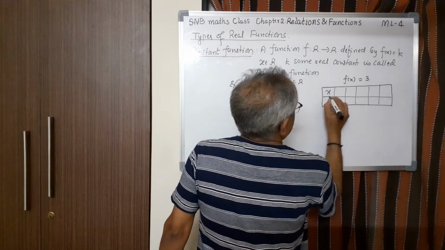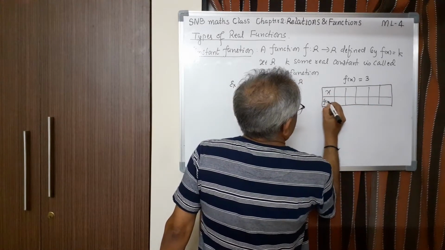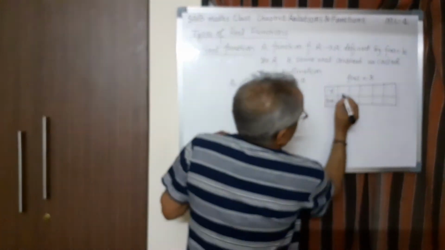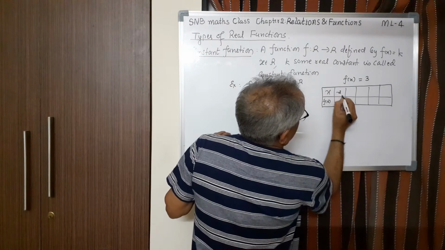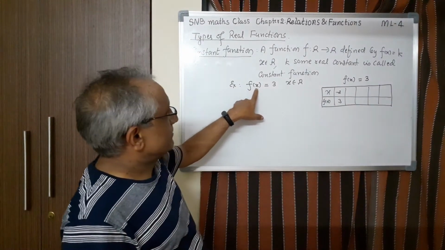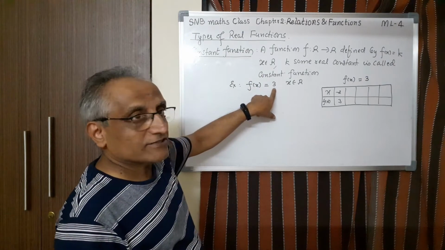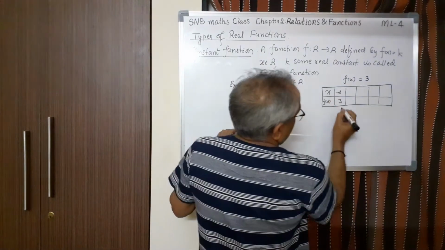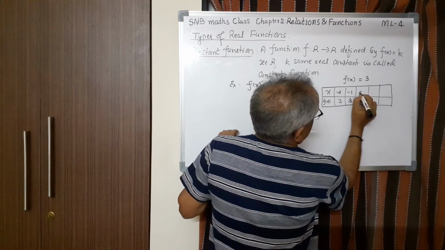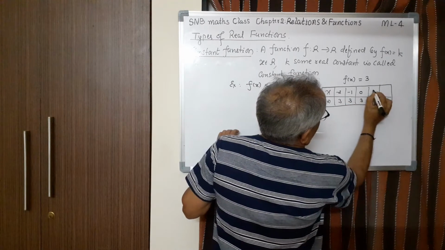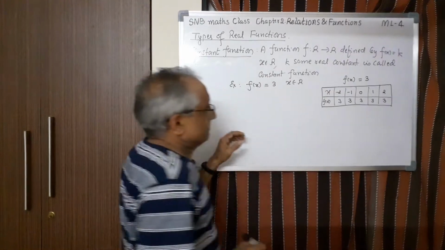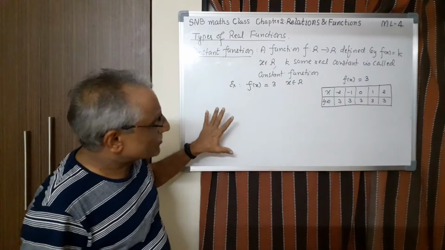Say this is x, this is f of x. Now let us take some negative value, say minus 2. See, it is 3 only, because the definition says whatever may be the value of x, f is always going to 3 only. So minus 2 is going to 3. If you take minus 1, then also it is 3 only. 0 also 3 only. 1 also 3 only. 2 also 3 only. So when you prepare this table, it is easy to draw the graph.